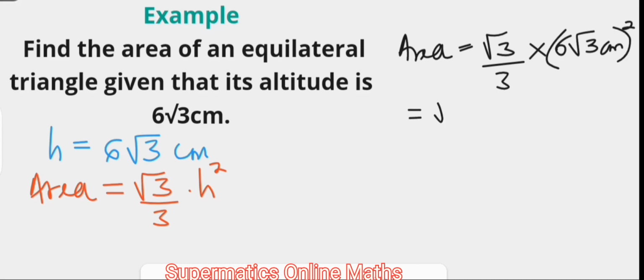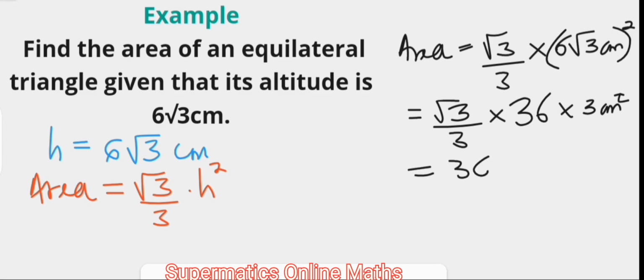And that is going to be root 3 over 3 times the square of 6, which is 36, and the square of root 3, which is 3, centimeters squared. And this gives 36 root 3 centimeters squared as the area, or to three significant figures, it's approximately equal to